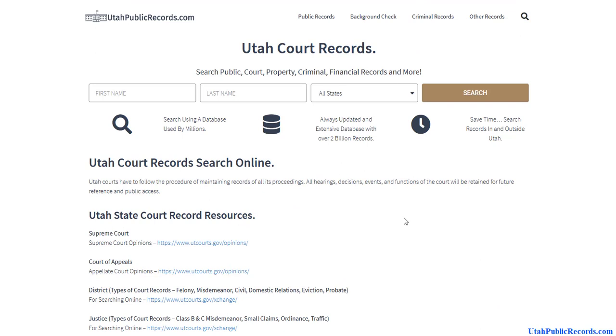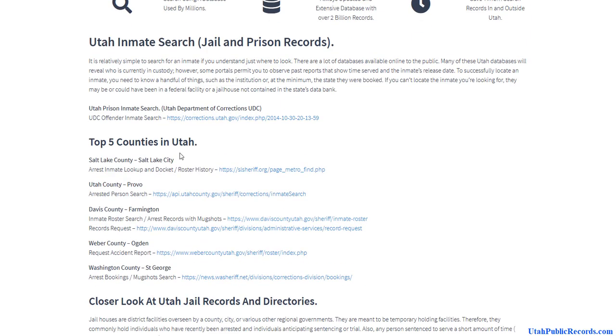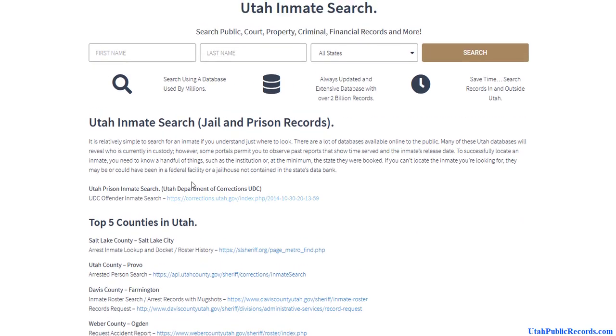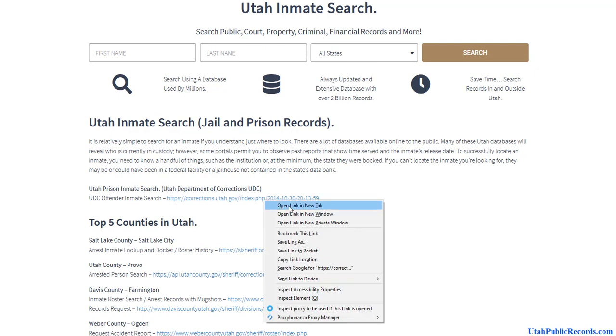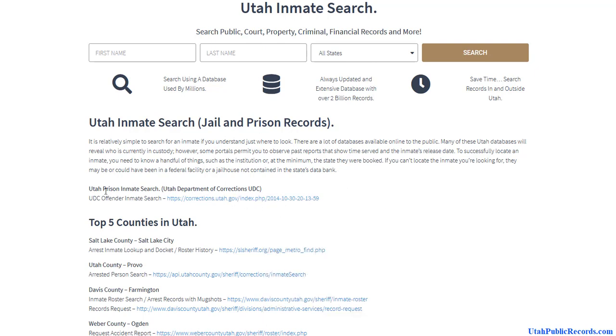So once a court case happens, you have a guilty or not guilty verdict, and if the individual is guilty, they'll either pay a fine or they'll have to do some time. If they have to serve more than 12 months, it's going to be in a prison. If it's less than 12 months, they're just going to keep them at the county level in the jail. So you do have some jail information here, but if they're typically serving more than 12 months, it would be for a more serious type of crime, and they will